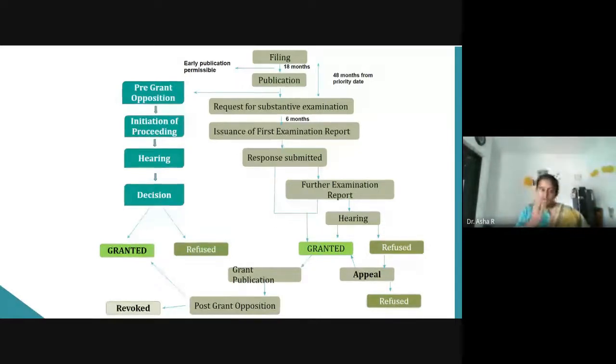So what will they examine? They will examine whether it meets all these criteria, which I have already told you: whether it falls under section 3 and 4, whether it has novelty, whether it has an inventive step, or whether it has utility. They will check all these criteria and give you a report. In that report, they will say